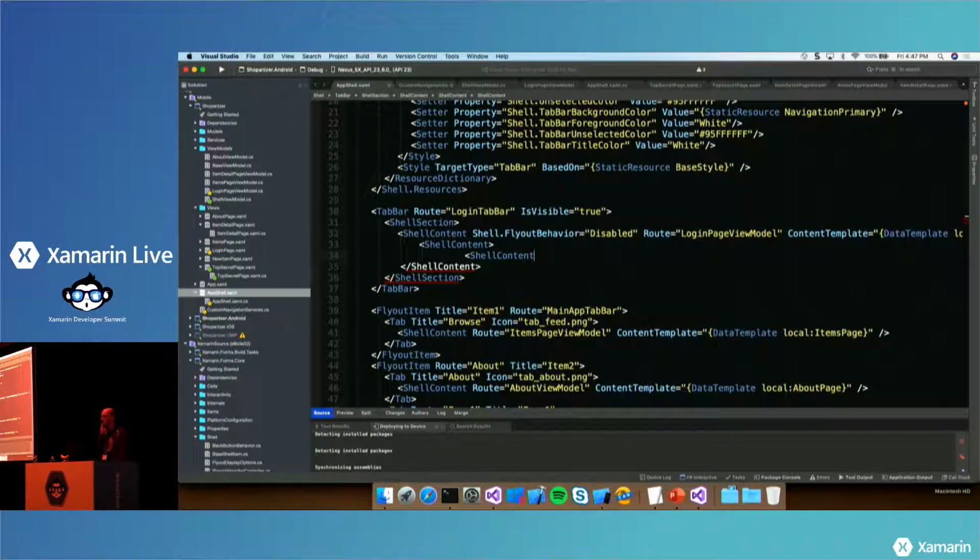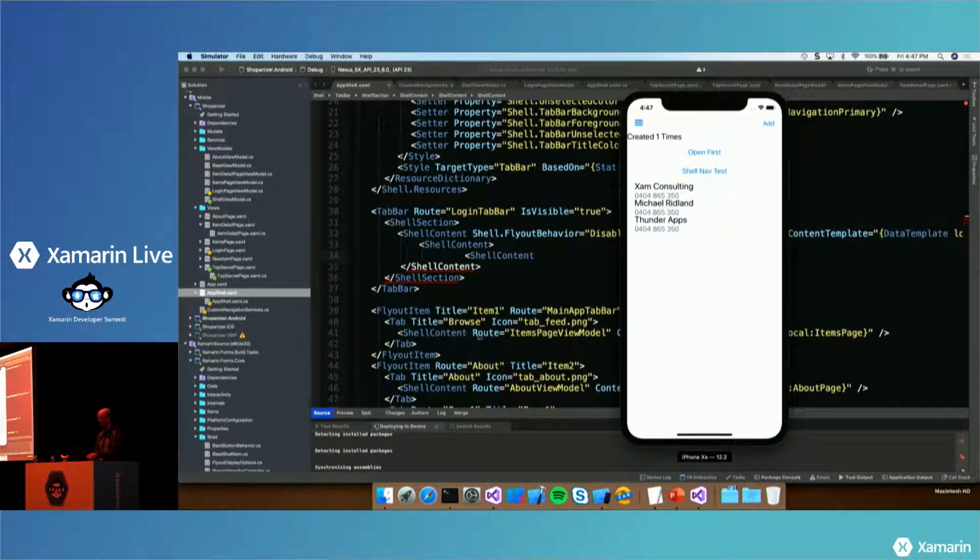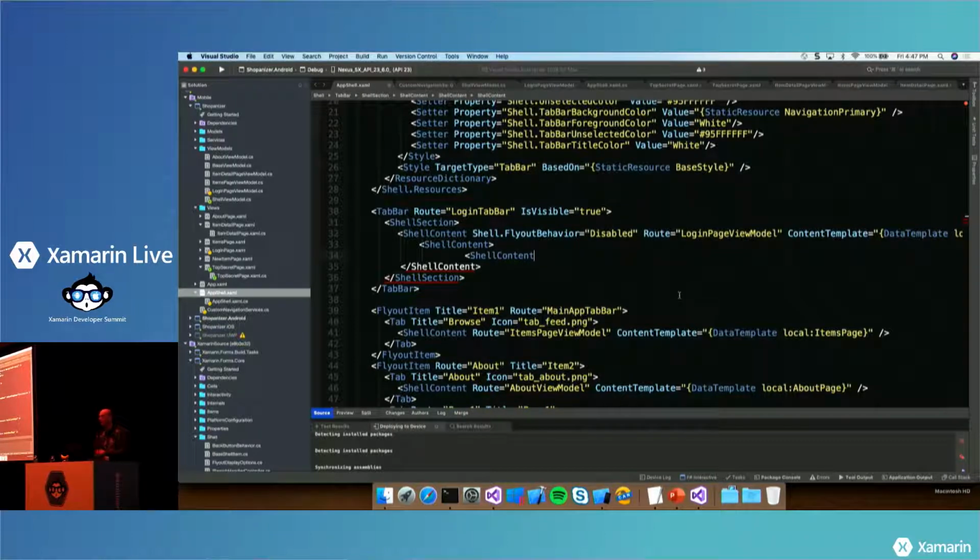Okay, so I have two questions. The first one: is it possible or easy to do a custom renderer on the tab? For example, the icon or the text, if I want to put a badge in the tab? Okay, so you're talking about just the tabs on the bottom. That one we would like to make a little bit easier. David, can you customize the tab icons? You can with a custom renderer, but we want to make it so that it's just a template. And we actually have a PR for